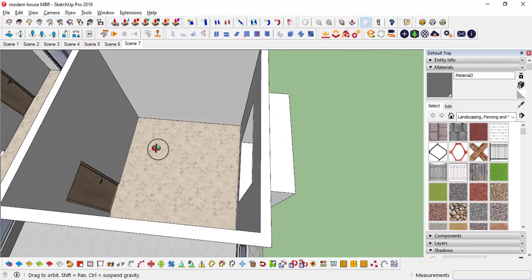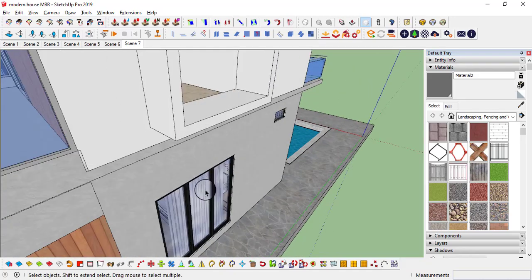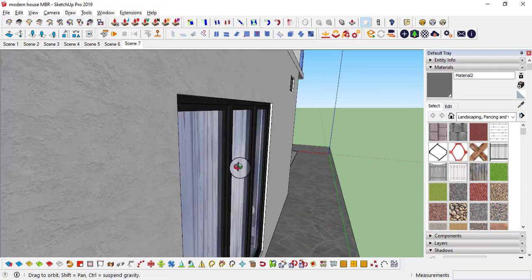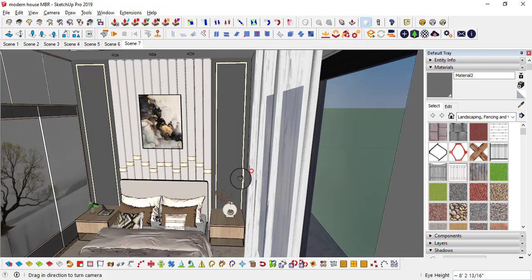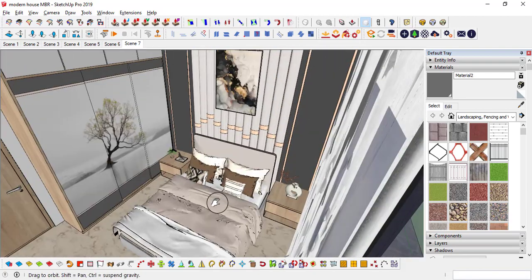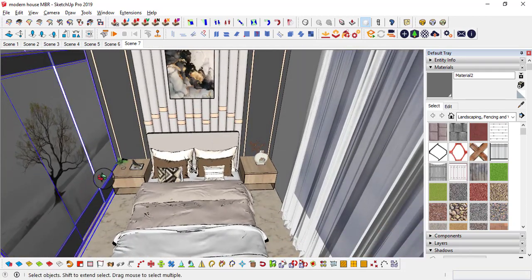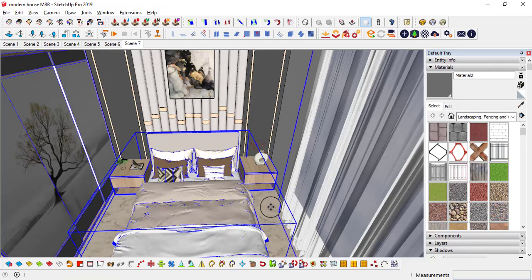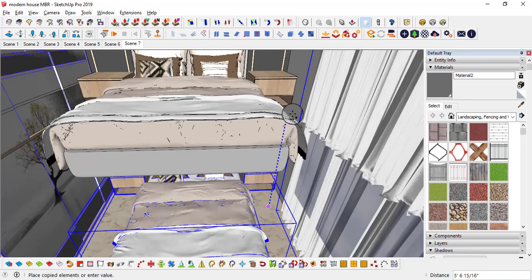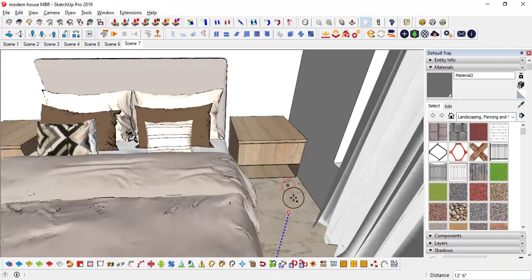For the time being, I'm going to copy the same models which I used in the previous video, and I will try to modify the materials. So simply I need this wardrobe, the side tables and this bed. Decorative items are not needed. And these curtains as well. Move with control in the Z direction. I have copied up to here.